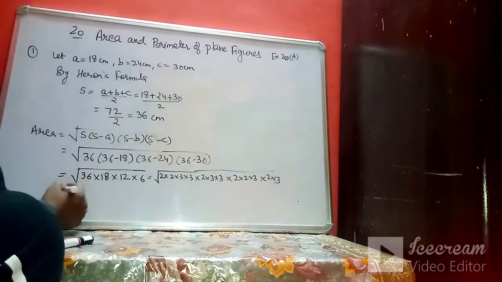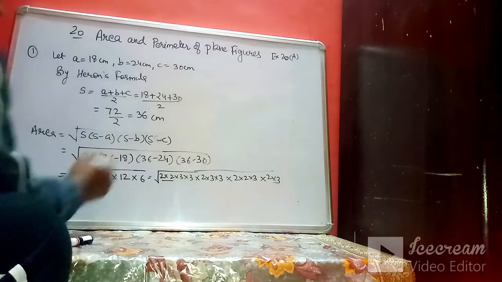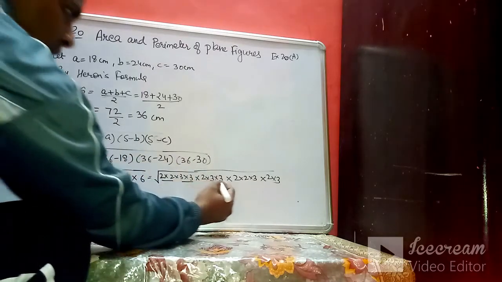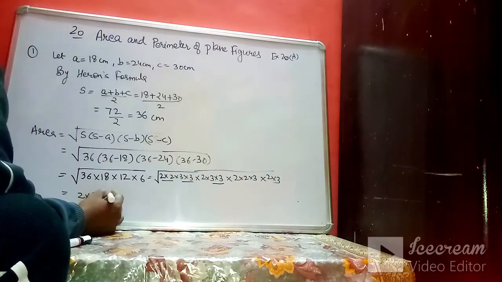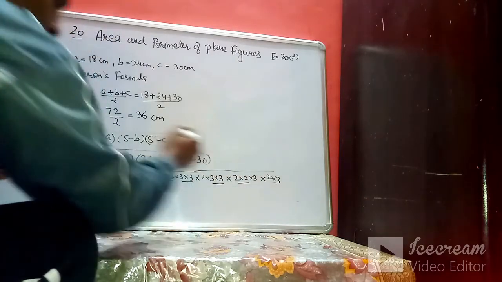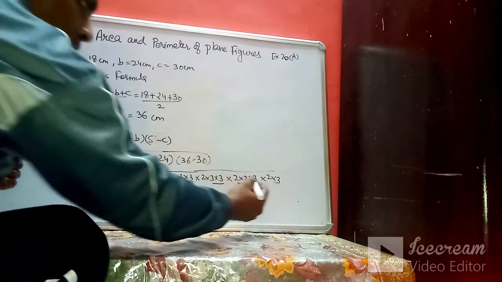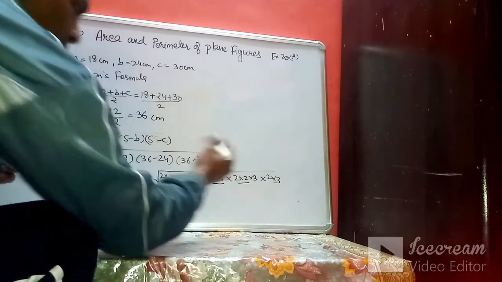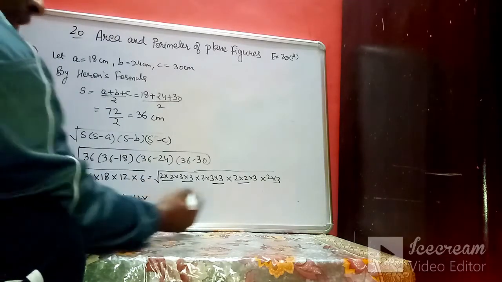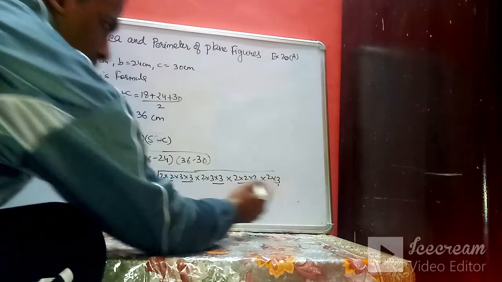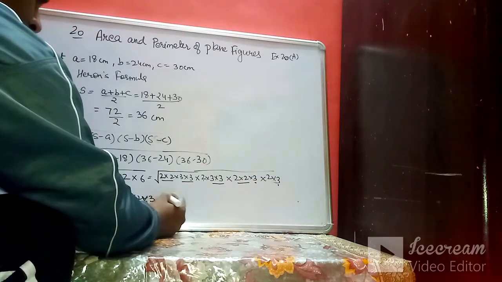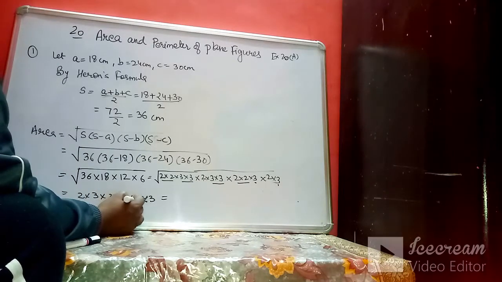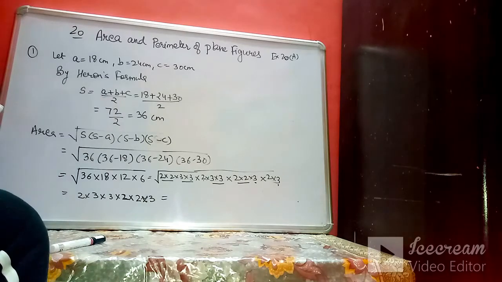Okay. Then this is one pair of 2, so I will take 2 outside. One pair of 3, so 3 will come outside. Then another pair of 3, then 3 will again come outside. Then another pair of 2, 2 will come. Now this 2 and this 2 and this 2 will make a pair, and this 3 and this 3 again make a pair. So see, the under root has completely vanished. So instead of multiplying, do the prime factorization of the individual terms.